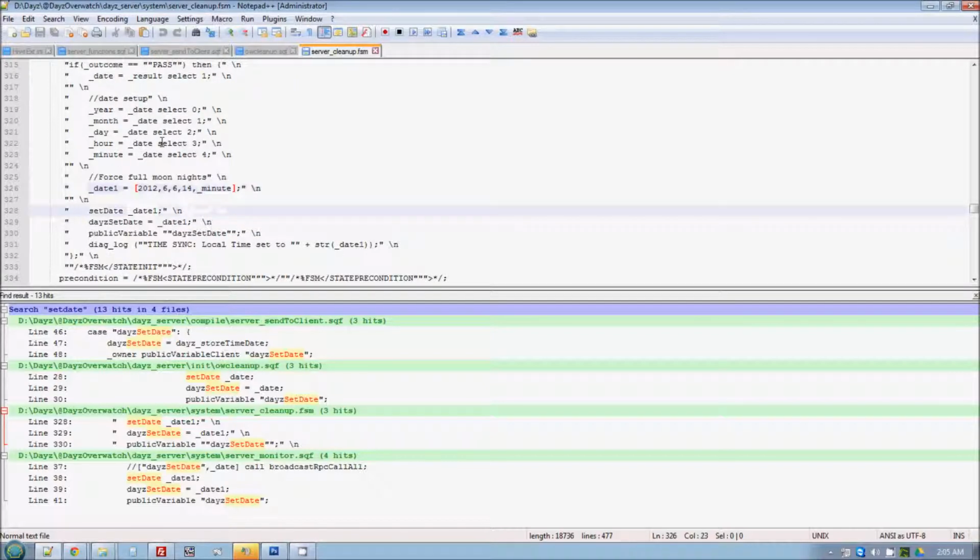But then, yep, it uses the year, the month, the day, the hour, and the minute. It gets from here. But then it sets the date to be 2 and then after the minute. So every time this server cleanup file runs, it's going to set the date to be 2:10, 2:20, whatever the actual current minute is. It's using the actual current minute from the server, but it's going to set it to be June 6th at 2 p.m. in minutes, and then it sends that